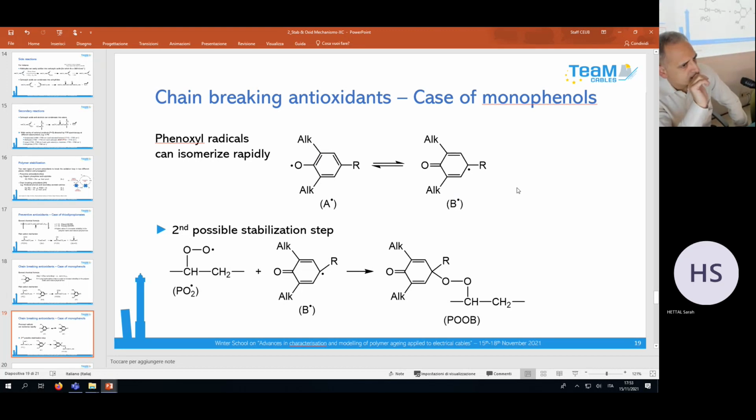Okay. So it's an open question, I don't know. I didn't see this type of stabilization. So in this case, if it is really the case, you can consider that the oxidation mechanism is quite different. Yeah, I agree. This type is quite interesting because if you don't have this type of molecules, you don't have that stabilization step. So, of course, you may have some difference concerning carbonyl.